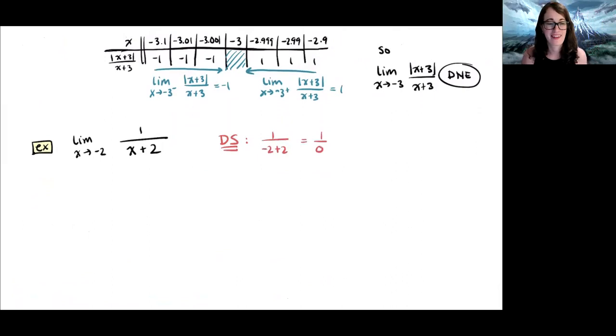This is actually a brand new type of limit that we haven't seen algebraically yet, but it's kind of simple. So this is not a hole. What this represents is a vertical asymptote in the graph. So a number over 0, and recall back in the video when we were looking at the graphical method, we had a function that had a vertical asymptote. Okay, so a number over 0 means we have a vertical asymptote